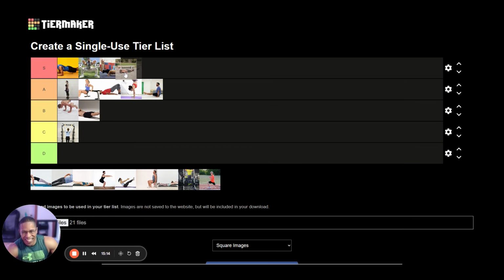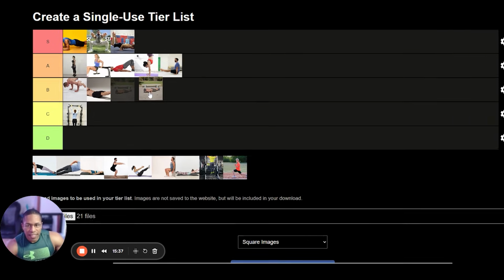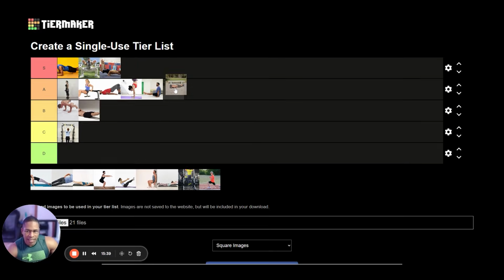I want to give it an S. Think about it, right? So what am I grading these on, right? Effectiveness, stability and control, and carry over into movement. Carry over into movement is immediately S. It's a push-up hold. All you have to do is literally go up, and you are into a push-up. The stability and control, how well can you maintain? This is not hard to maintain, so it's automatically...